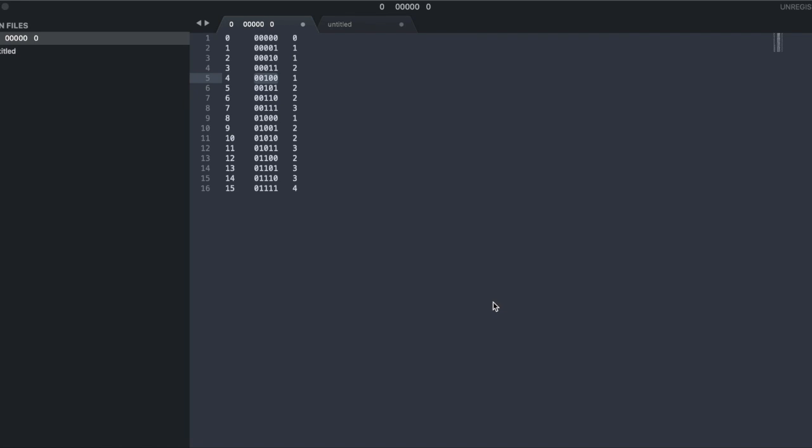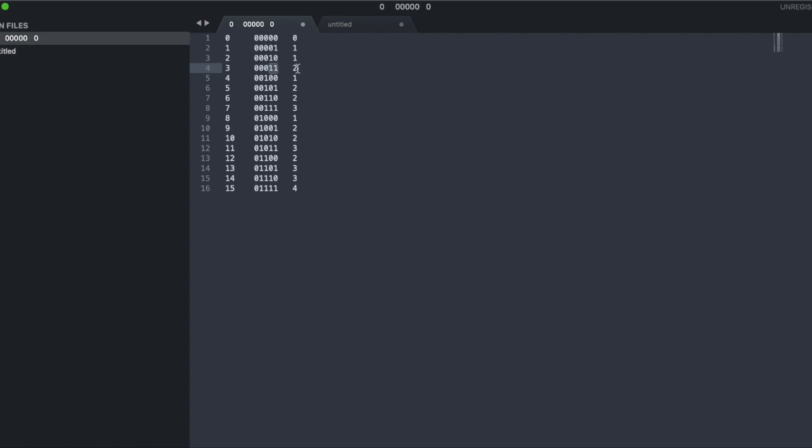And for a second approach, for the given numbers 0 to 15, I have written the binary representation and the number of bits present in it. For 0, we do not have any ones in the binary representation, so the number of ones is 0. If you see 1, we have the rightmost bit set as 1, so the number of ones is 1. If you go to 2, we only have a 1, and for 3 we have only 2 bits set in the binary representation.